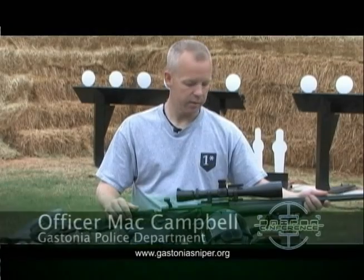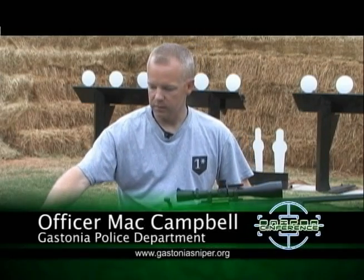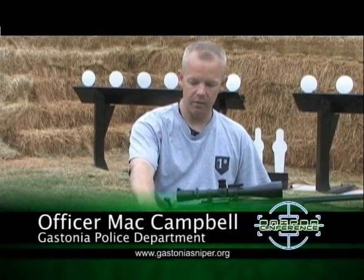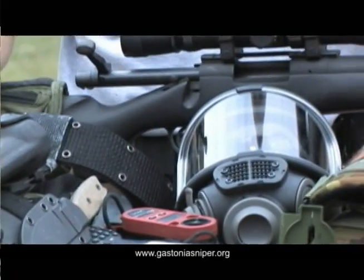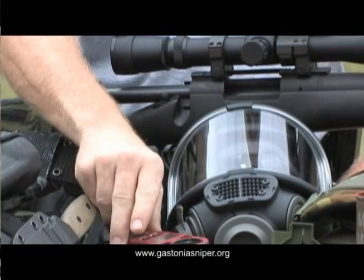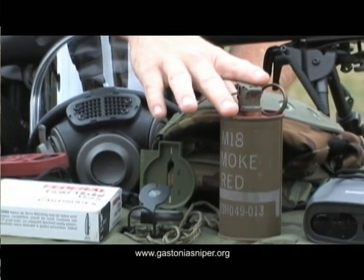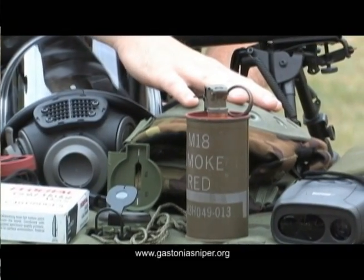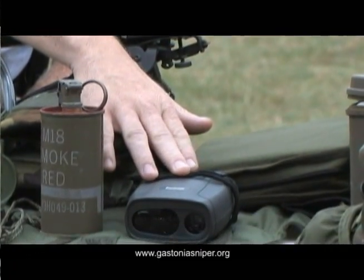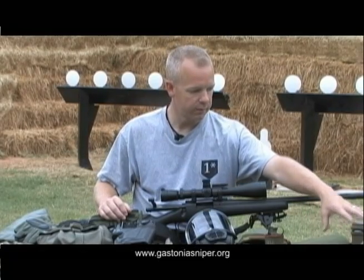I want to touch on some of the equipment that a sniper may carry. Of course, the rifle, the drag bag that you carry the rifle in, poncho, gloves, a good hat, boonie hat, sidearm, gas mask, Kestrel device which measures wind speed, temperature, humidity, that sort of thing. Of course, your ammo, smoke for cover and concealment, knee pads, laser rangefinder, which is used to determine your range to the target, first aid kit,